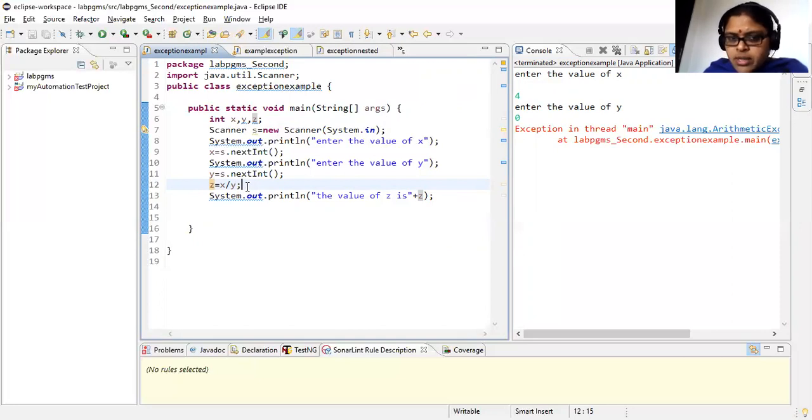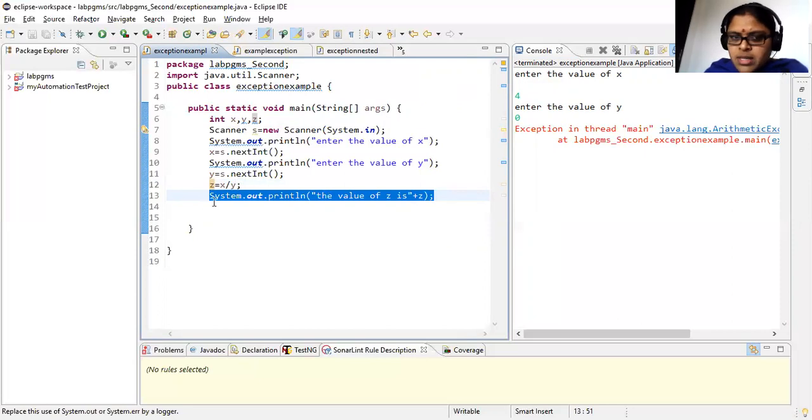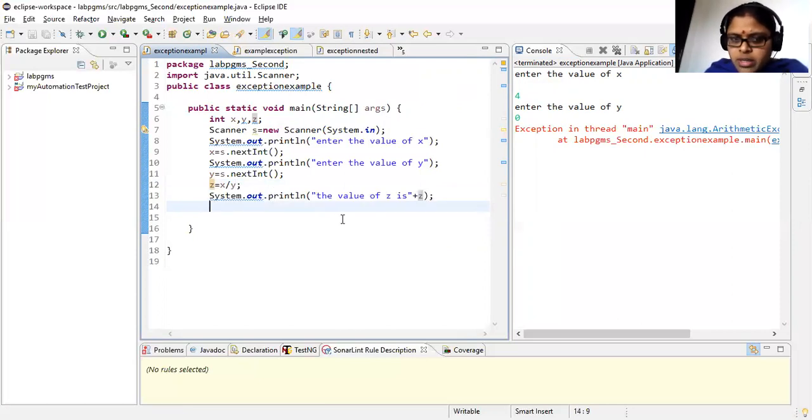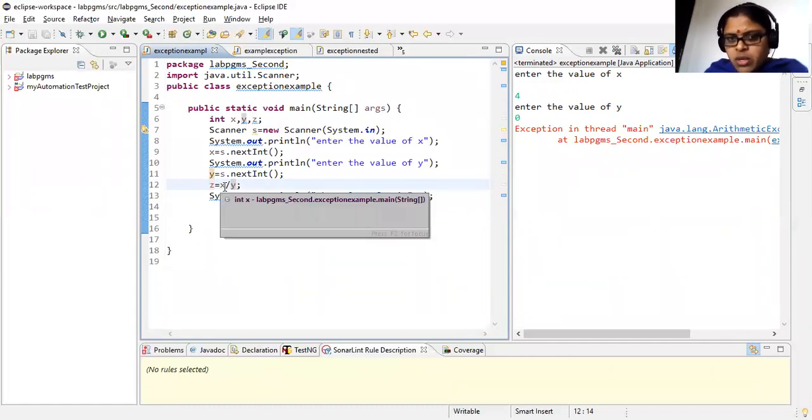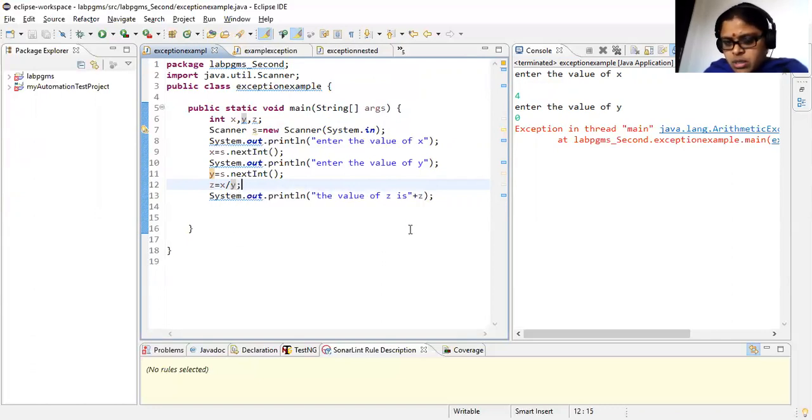So what is an exception? Exception is a runtime error. So what will happen if an exception arises in the program? It will lead to abnormal execution of the program. This is an abnormal condition. So it will disturb the normal flow of the program. Say I'm having some 10 statements here, if at all there is no exception, the statements are executed. For the first run, when you gave 4 by 2, you got the output as 2. The statements are executed. But say that I am giving the value of y as 0, then it directly raised an exception and the further part of the program will not be executed. So this is called your exception.